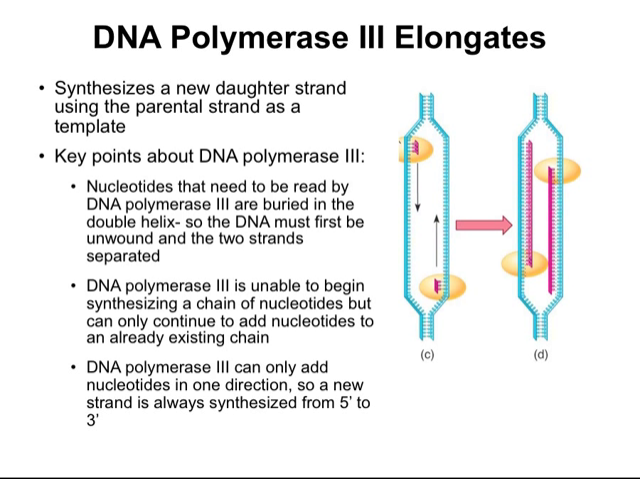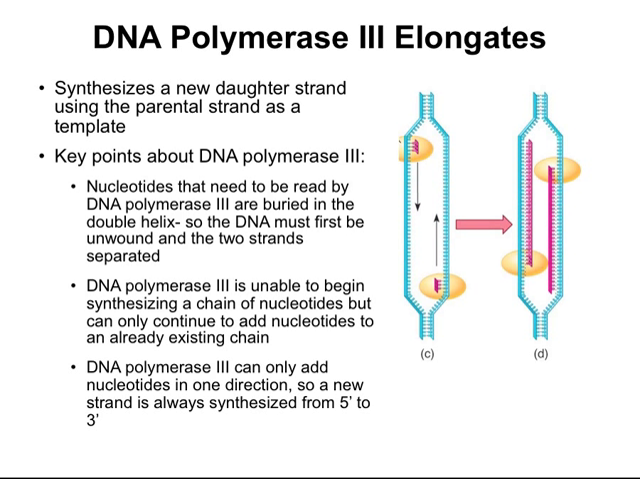But DNA polymerase III is unable to begin synthesizing a chain of nucleotides. It can only continue to add nucleotides to an already existing chain. That's where the primer came in that we previously have discussed. The third component is that DNA polymerase III can only add new nucleotides to the 3' end of a growing strand. You'll recall we were talking about the 3' OH end and the 5' phosphate end when we looked at